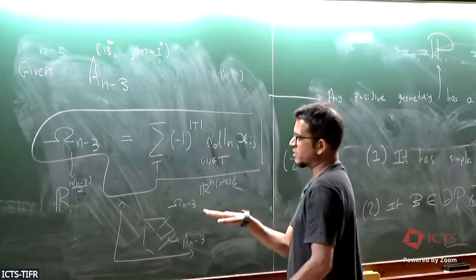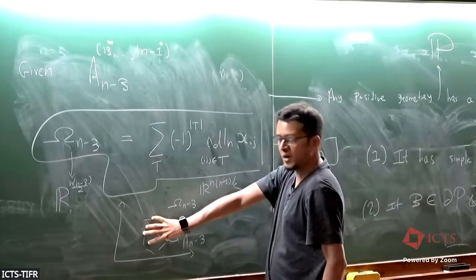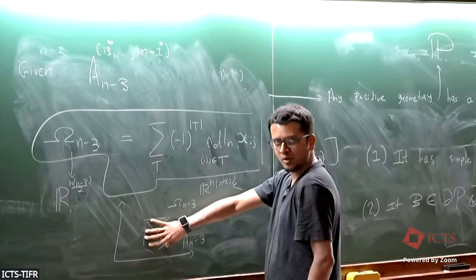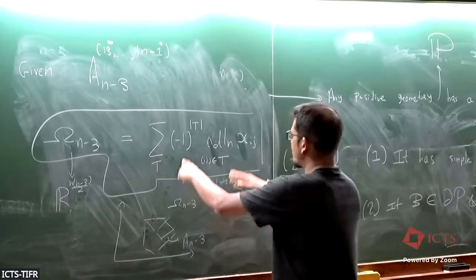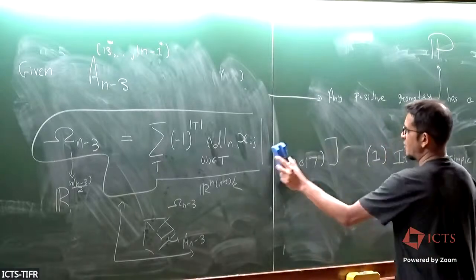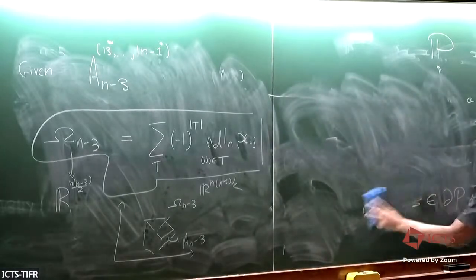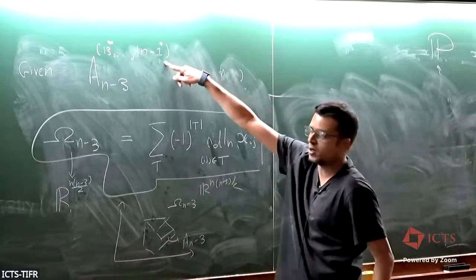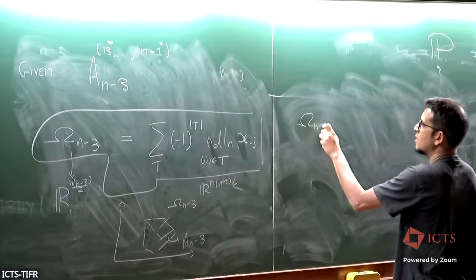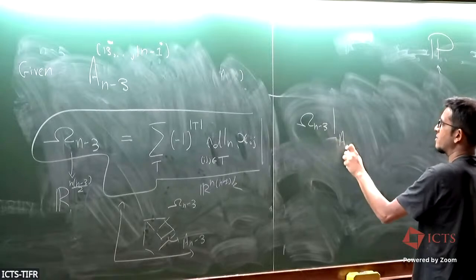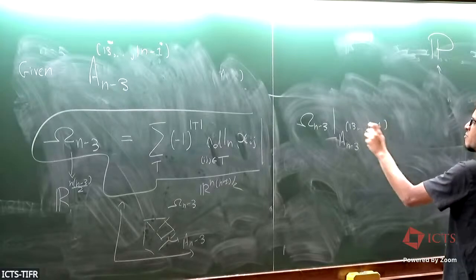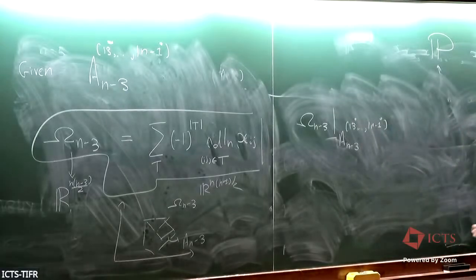Now what you can do is pull back this form onto the geometry, because this is described by some linear equations. So you can evaluate this form on this geometry. When you do that, it's very simple to show in this case that the evaluation of the form on any realization of the Associahedron, which is given by these G vectors, is the following. Now this will play an important role. You take your form and pull it back onto your A_{n-3}, which was drawn in a specific basis, and then you can show that this is equal to